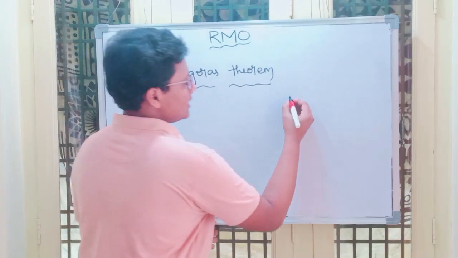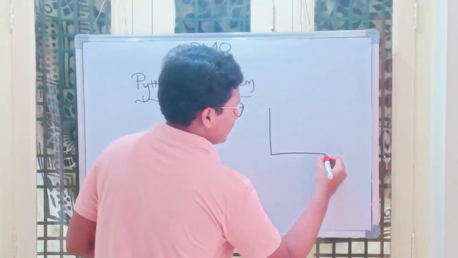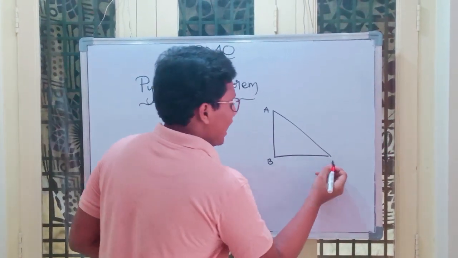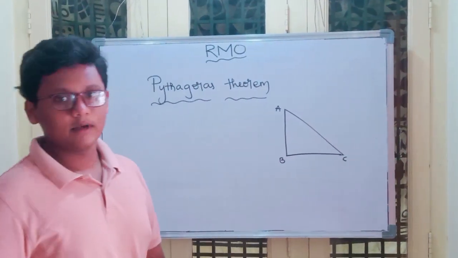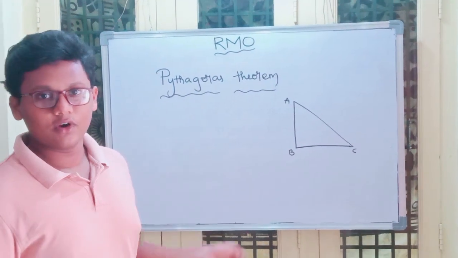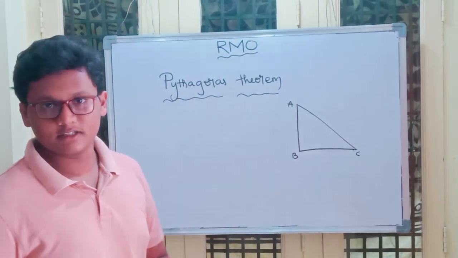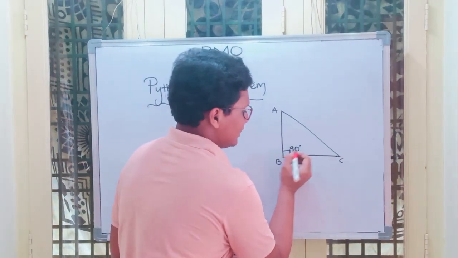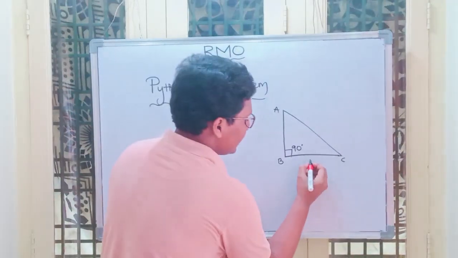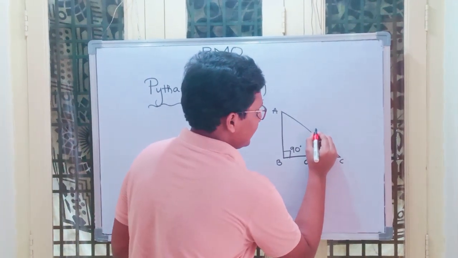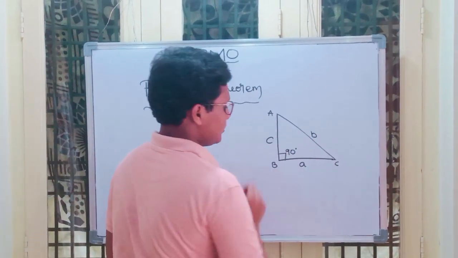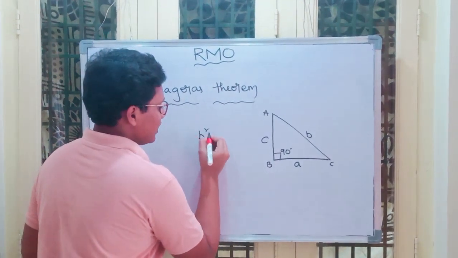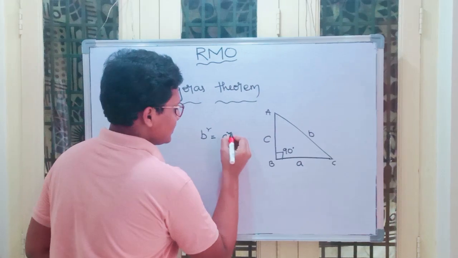In Pythagoras theorem, if we take a triangle ABC, I hope you all know about Pythagoras theorem and no need of proof, I think, but today I won't explain this Pythagoras theorem proof. It is right angled at B, 90 degrees. Now, we will take this length as A and this as B and this one C. Pythagoras theorem tells us that B square is equal to A square plus C square.